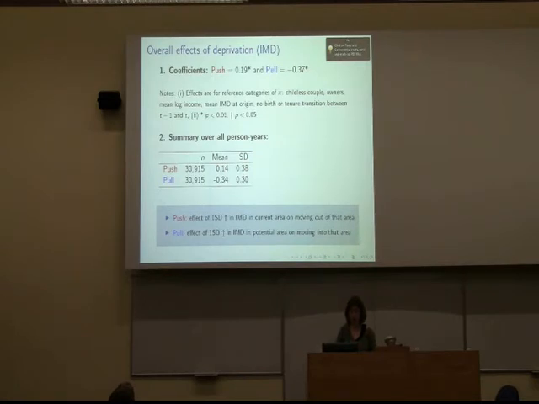So the 30,915, that's the total number of person waves in the data file. So all we do is we take the average of those across all individuals, and the results are fairly in line with what you see from the coefficients. Okay? And the standard deviation is just the standard deviation of these individual effects across the whole sample. Okay? So now I'm just going to show you these two sets of results for different characteristics X, and I won't show you all of them. I'll skip through a few, but